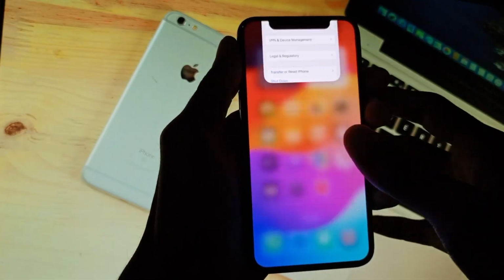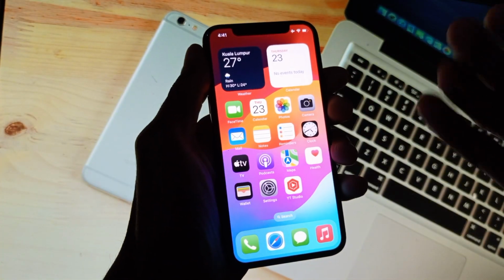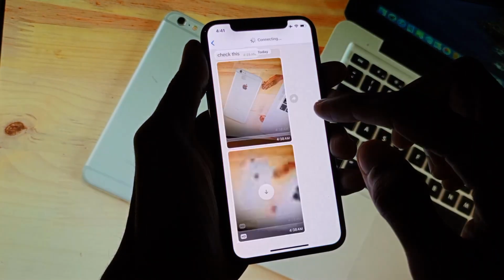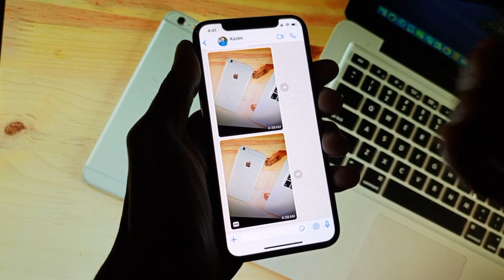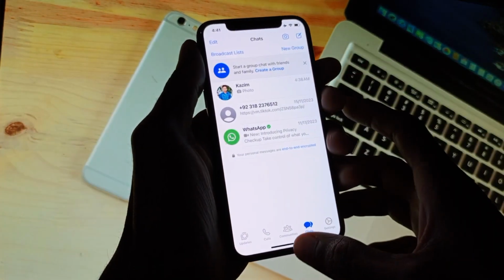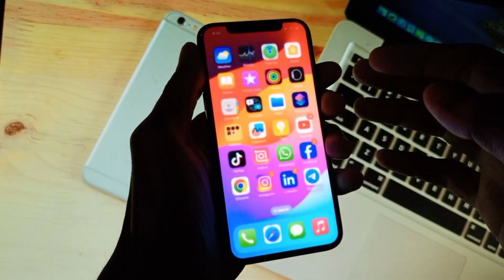So guys, after doing these settings your problem will be fixed. As you can see here, now I'm going to download that picture, and you can easily download it. So guys, after doing this method, if your problem is still not fixed, then simply